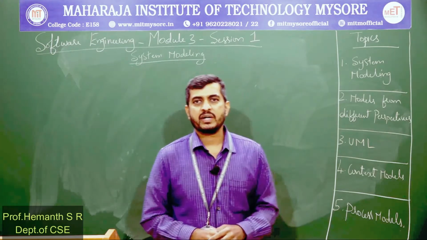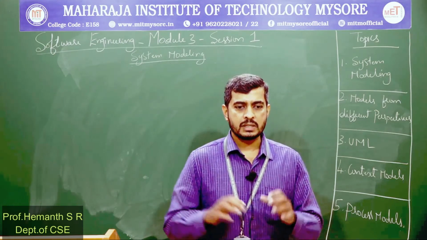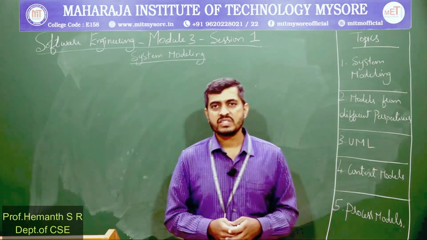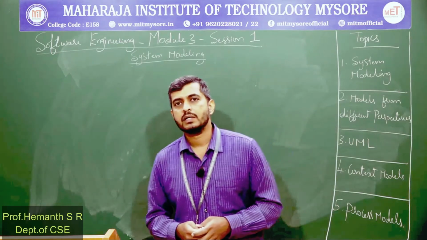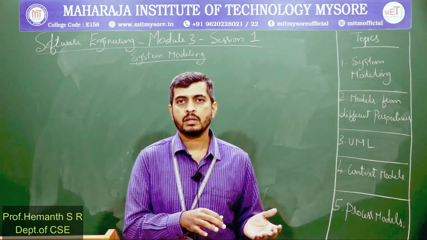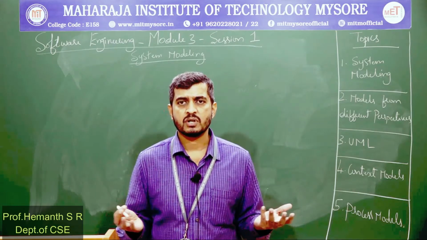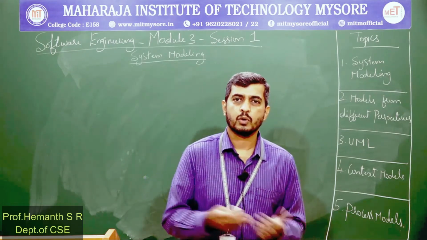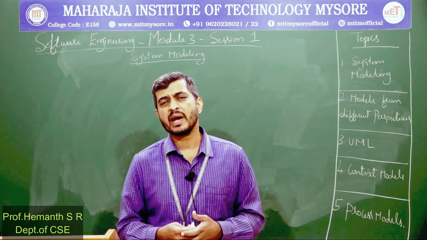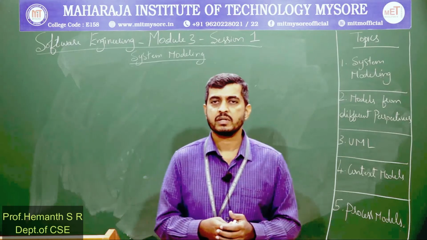Now the next question we need to address here: system models. Is it that we just have one single model or one single way of modeling the software, or is it diverse? Once again, if you remember, we had seen software, different types. Software is diverse. It is not very specific to a domain or an application. A software may be a college management system, a hotel management system, a control system in a nuclear reactor, a control system in a Boeing plane. Please see the diverse nature of the software.